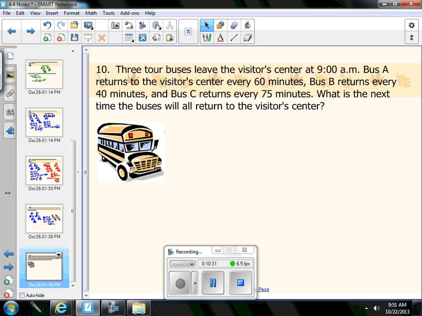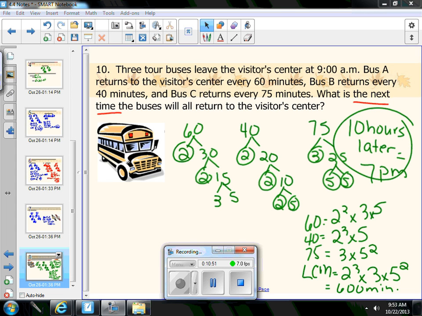3 tour buses leave the visitor center at 9 a.m. Bus A returns to the visitor center every 60 minutes, Bus B returns every 40 minutes, and Bus C returns every 75 minutes. What is the next time the buses will all return to the visitor center? On this one, we did the least common multiple of 60, 40, and 75, which equaled 600 minutes. 600 minutes changed into hours would be 10 hours. So from 9 a.m. plus 10 hours later is 7 p.m. So the next time the buses will return to the visitor center is at 7